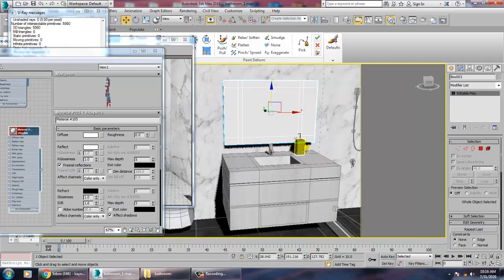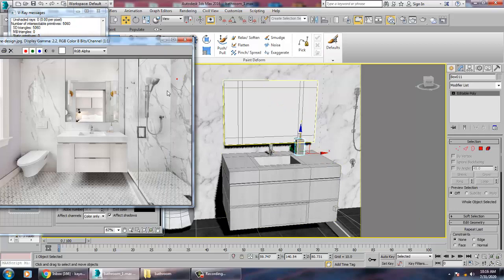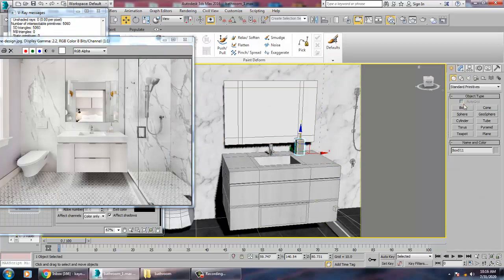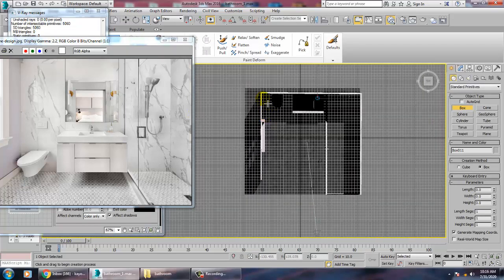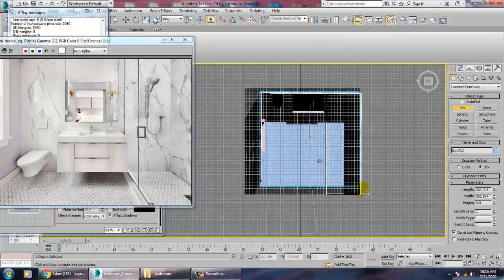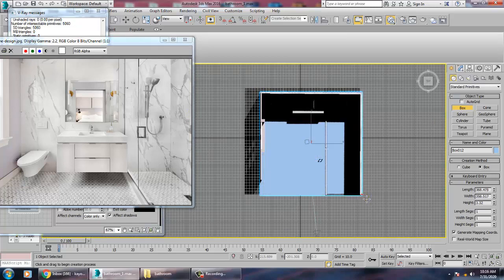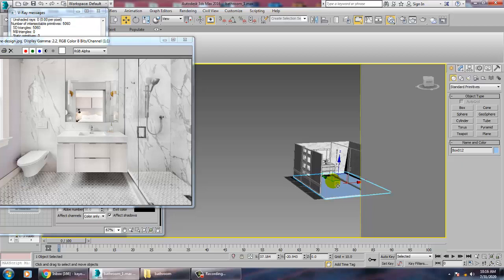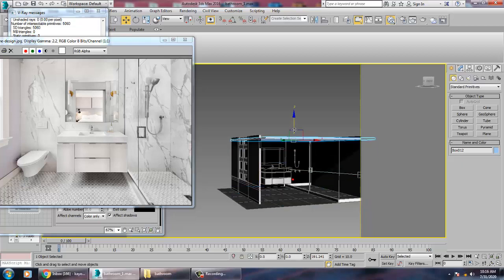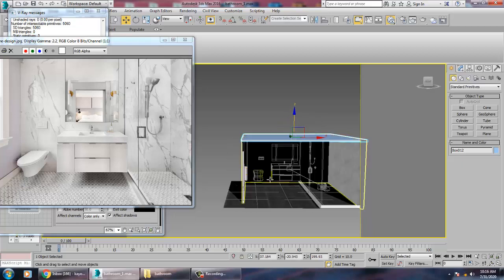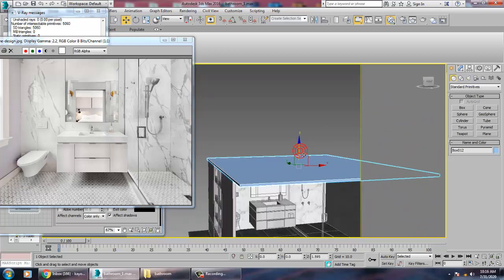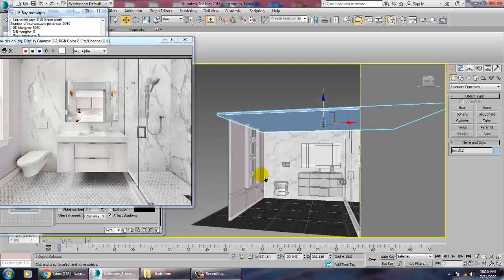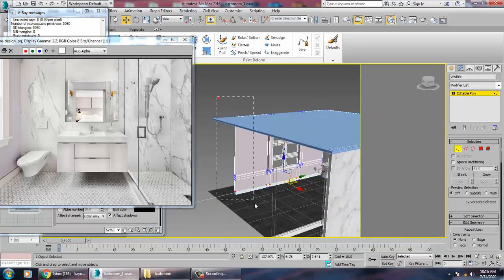So select this over here. What we'll do is create a roof on top of it. Let's create a roof over here, just on top of it. You can go into the vertices and pull this out.